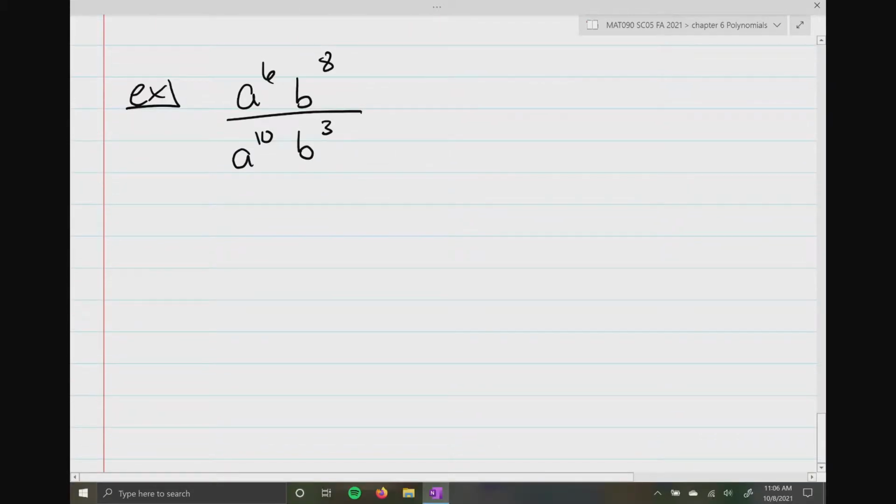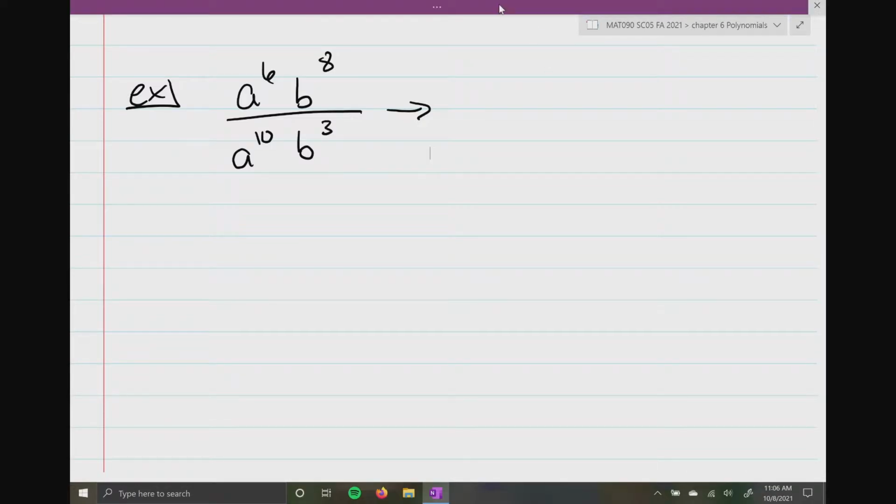All right, so we're going to simplify a to the 6th times b to the 8th divided by a to the 10th, b to the 3rd. Notice this whole term in my denominator is still a monomial. Still a monomial. Remember, terms are separated by pluses and minuses. So right now we have a monomial. Okay? So what I'm going to do, and you don't have to do this on every single problem, but this is the way that we approach this. Okay? What we can do